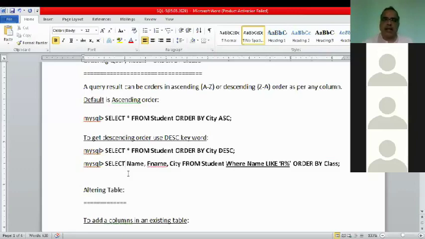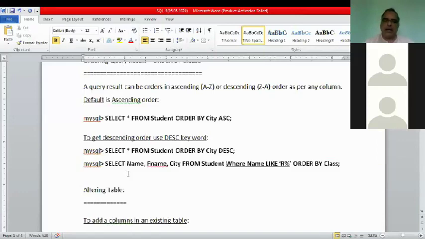Having condition instead of where is only used with the group by clause. When you use the group by clause, if a condition is required, instead of where we write having. And in the rest of the cases, only where. Okay, sir.